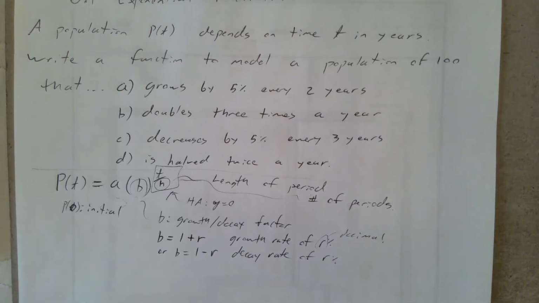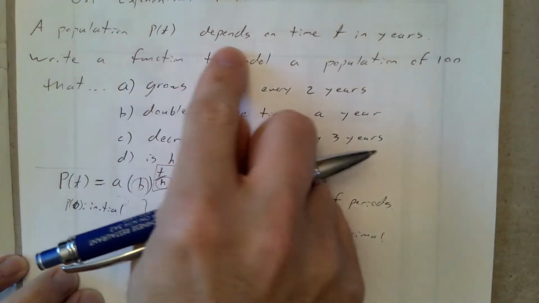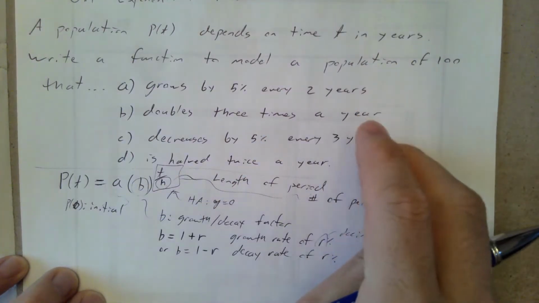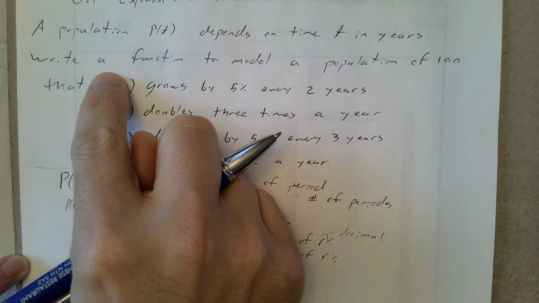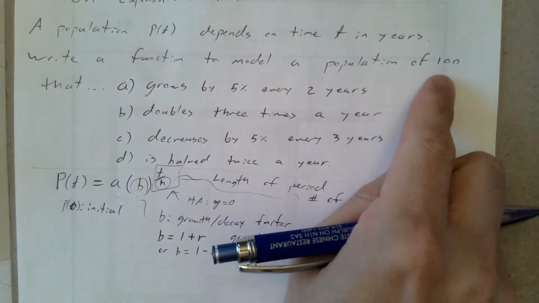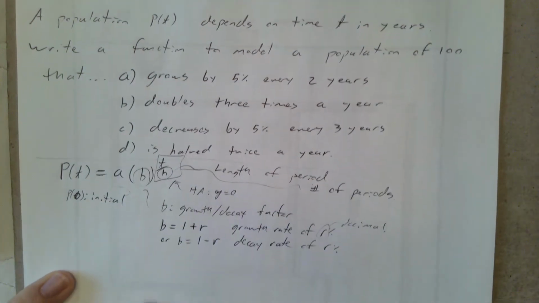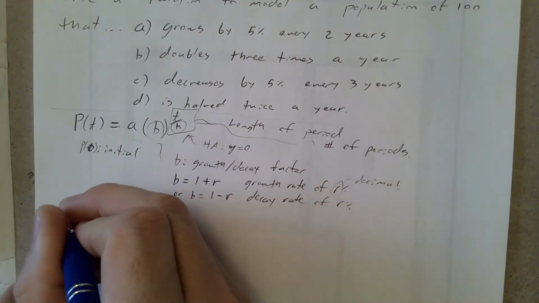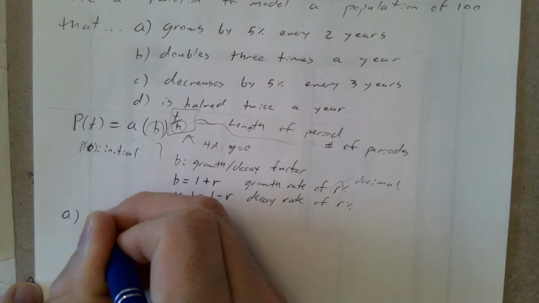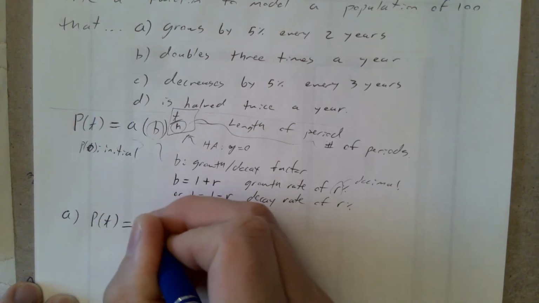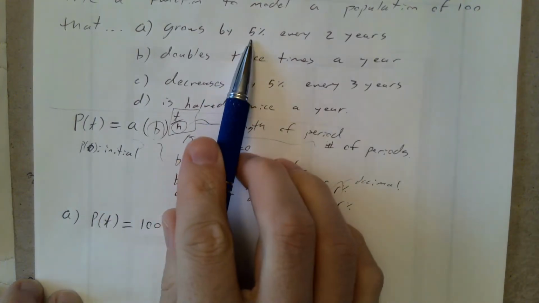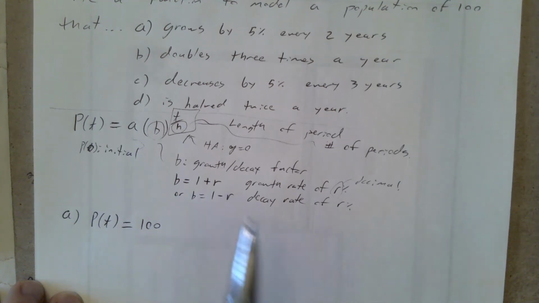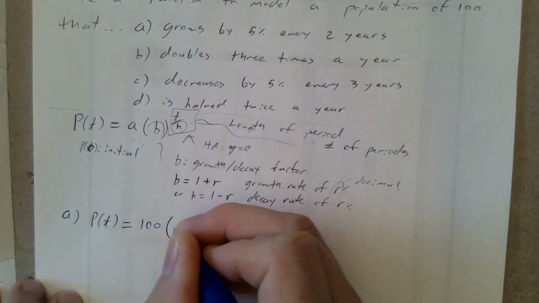Let's try it out by imagining a population P of t dependent on time t in years. So we're not allowed to be sneaky and change our independent variable here. And we want to write a function to model a population of 100. For part A, it says it grows by 5% every 2 years. So I'm going to have a final population, that is my initial population. To grow by 5%, I want my base to represent the 105% that I keep. So I'm going to use